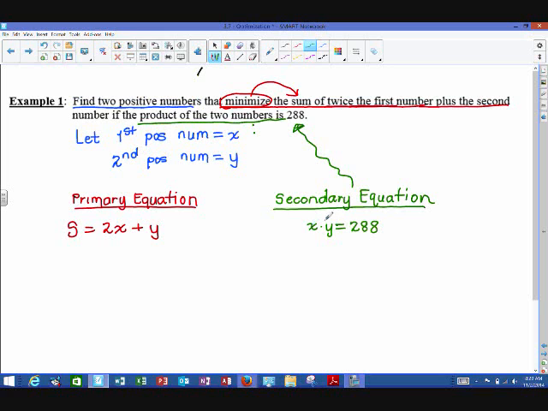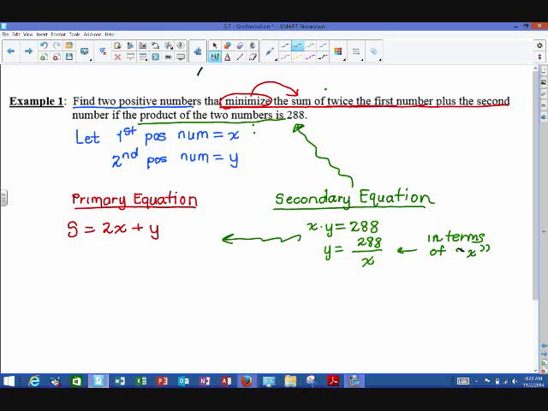You can choose to solve this equation for x or y. It really makes no difference. I think that it might be just a little easier to solve for y because we now have something that's all in terms of x. And what that allows you to do is just use your good old-fashioned independent variable x throughout the rest of the problem. So I'm going to take this secondary equation and move back over here